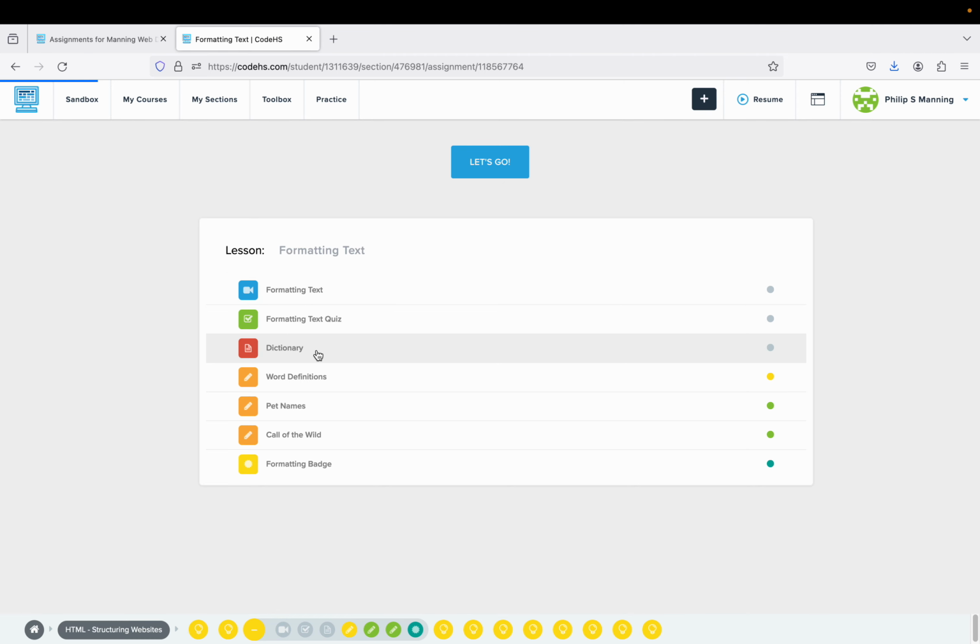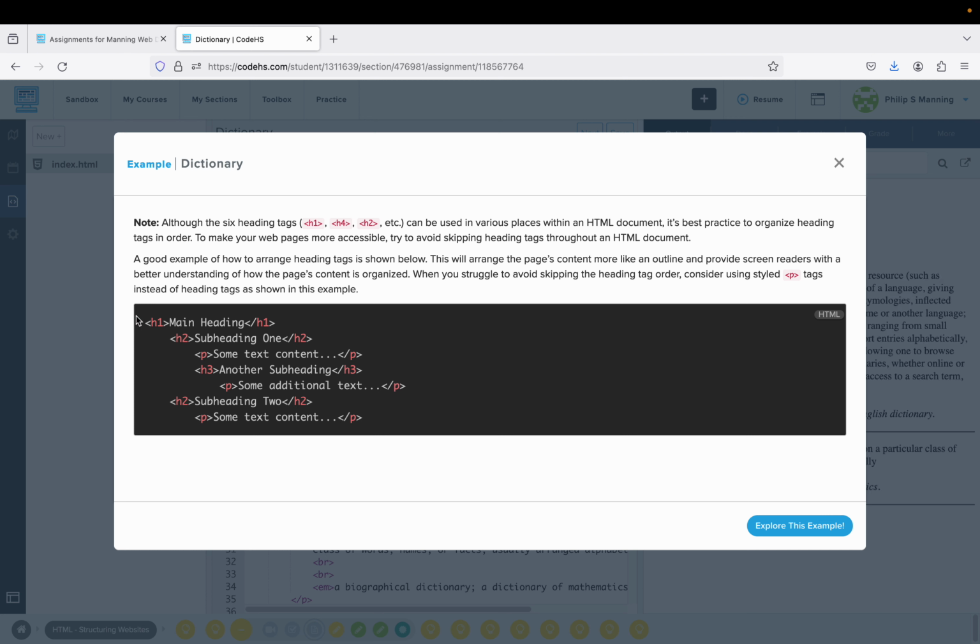We'll jump to the dictionary here that just kind of demonstrates that there are different levels of headings. All right, it's best practice to organize heading tags in order to make your web pages more accessible. Try to avoid skipping heading tags throughout an HTML. So what that means in the world of web design and search engines